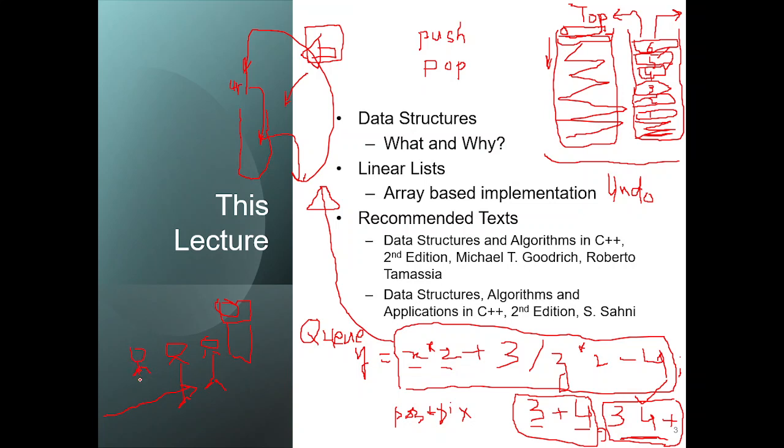So in the queue you will get service. The first person who arrives in the queue, that person gets service. So in the queue, people are served at the front of the queue. When a person is served, that person gets out of the queue. So data is removed from the front of the queue, and new people arrive at the rear end of the queue, or the back of the queue. So this is where new people arrive. So data is inserted in the queue at the rear end or at the back of the queue. So a queue is also a very important data structure, in real life as well as in computers,